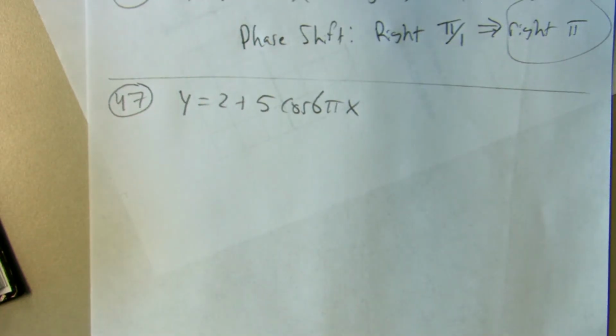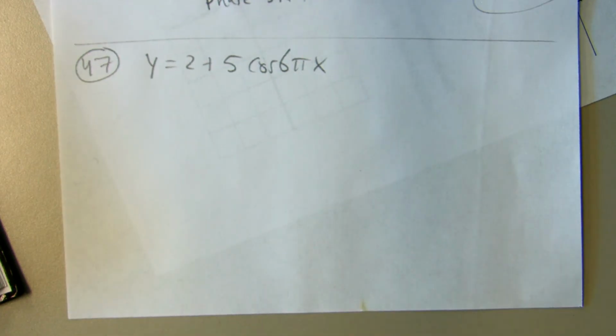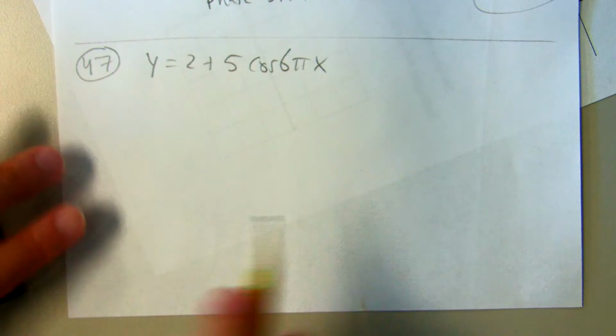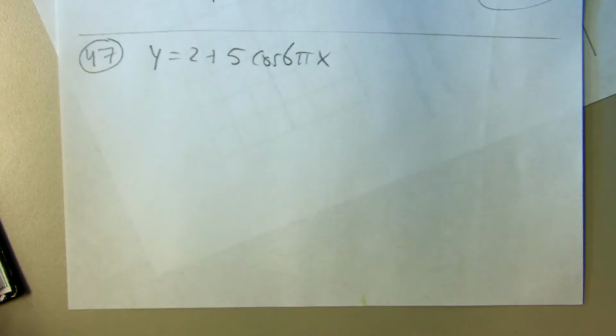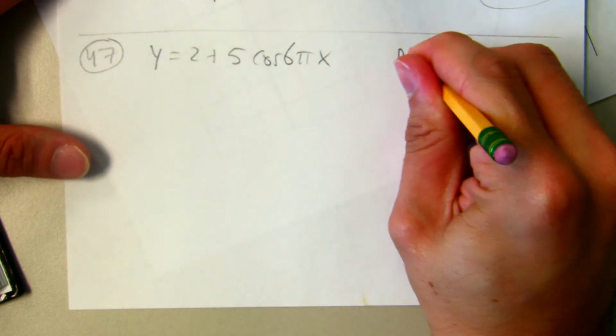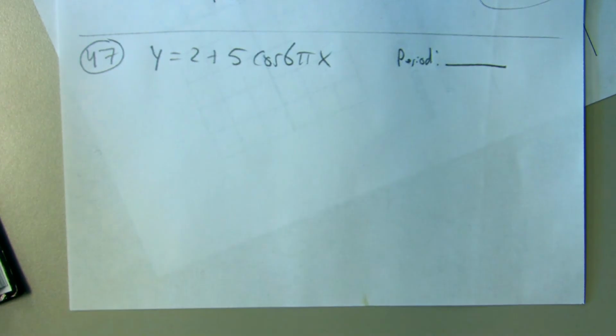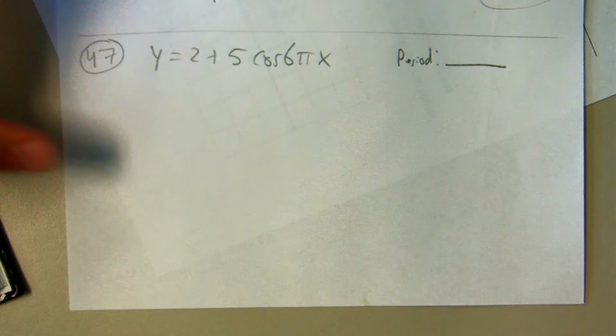So kind of like the first question that you guys had, if I'm going to have to graph this and show 2 full cycles, 2 full periods, I probably care about how much space I need to show here. I don't want to just say 2 pi, negative 2 pi and then realize that it doesn't fit. So even though it doesn't specifically say state all of this stuff, you need to realize that somewhere in your